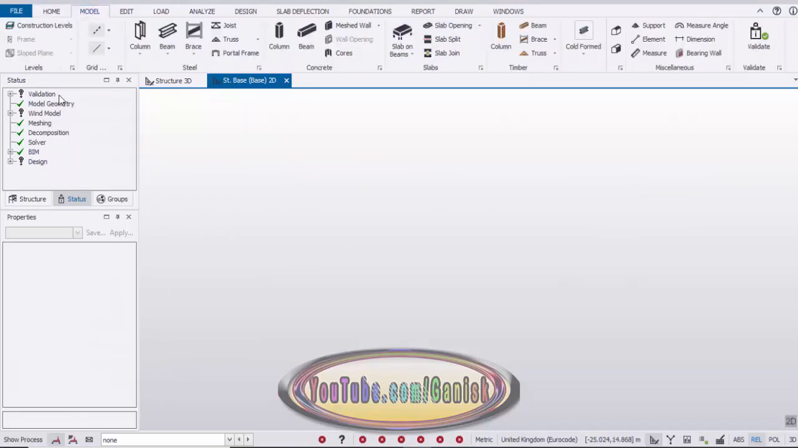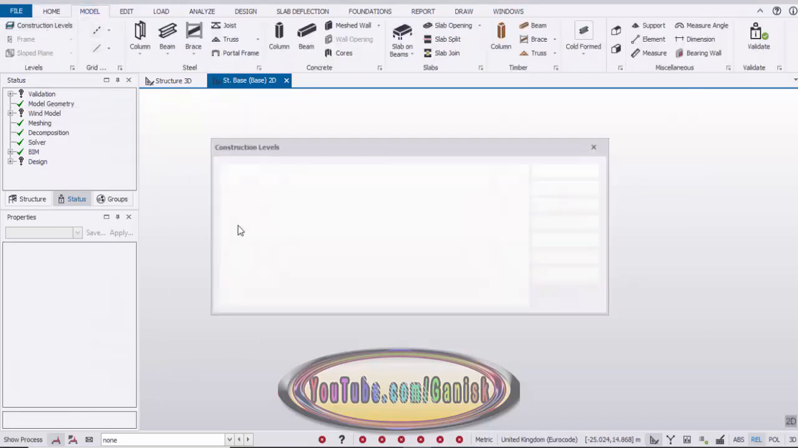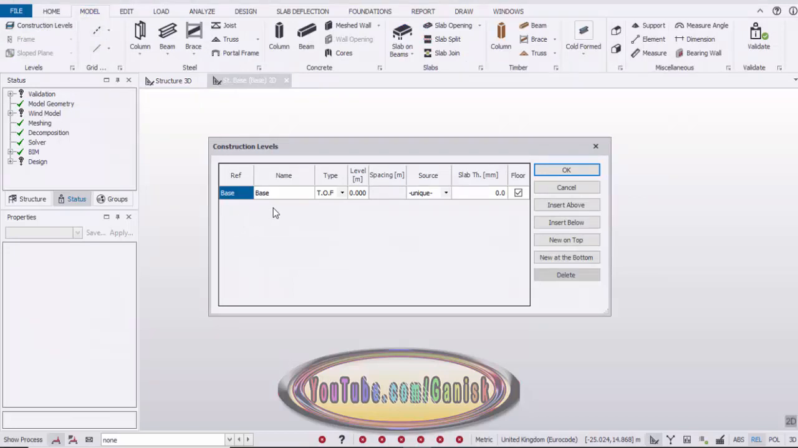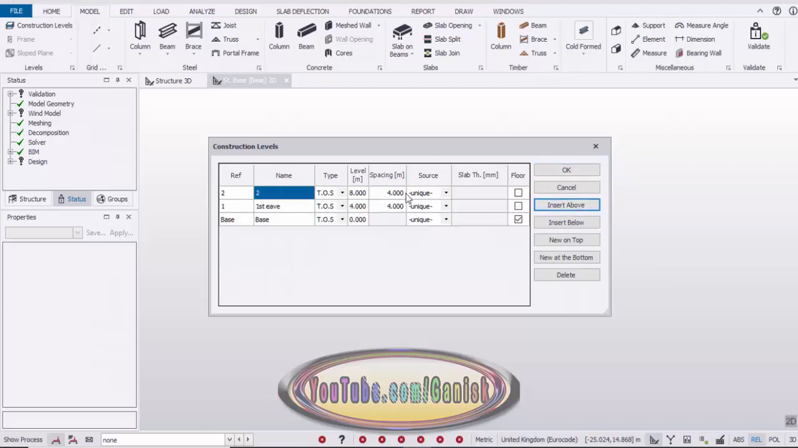Now go to model and click on this construction level. We're going to create the construction levels for this project. So come here and under type select POS and insert above. Now, it's not a floor, so remove it and give the first eve level 4 meters and rename it as first eve level, and insert above, and for the second one, 1 meter from the eve and enter here first